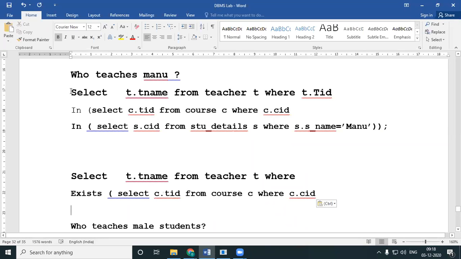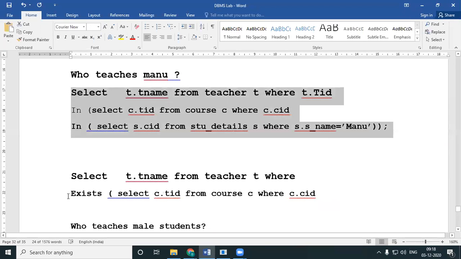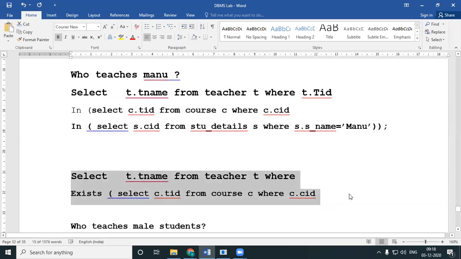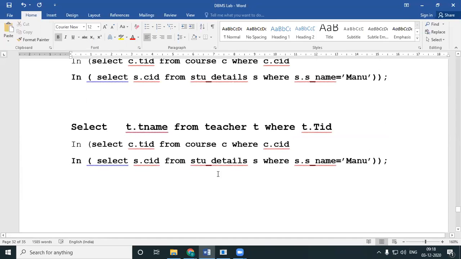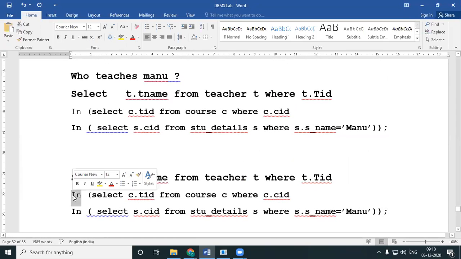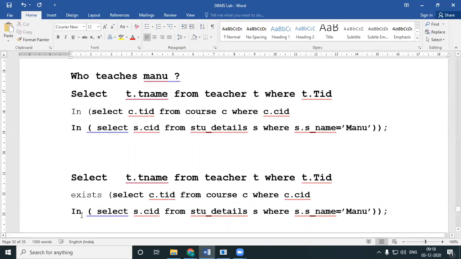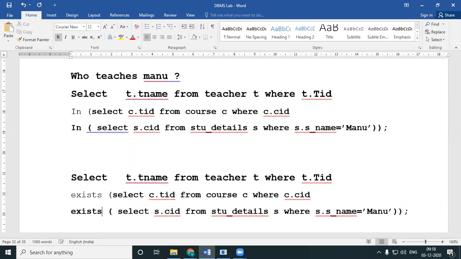Or I'll do one thing. I'll just copy this whole thing and then I'll replace it instead of doing it line by line. The same query. I'm going to write my exist query. Exists, where t.tid, I will not have it. Instead, I will have an additional condition over here.